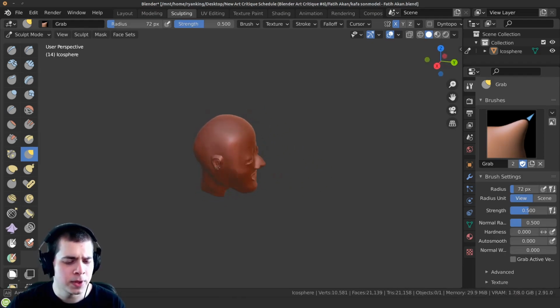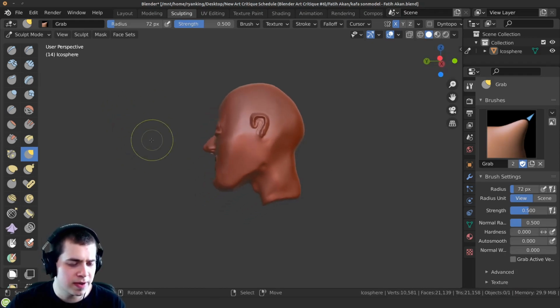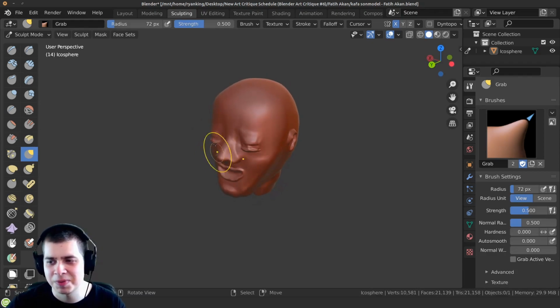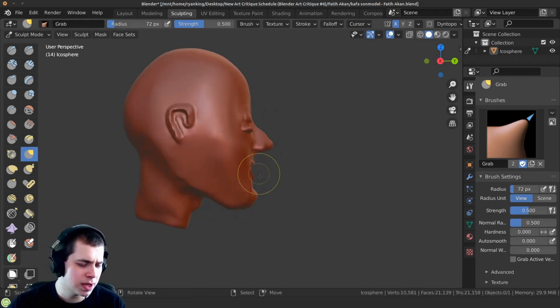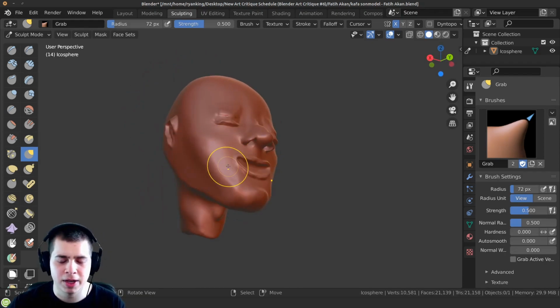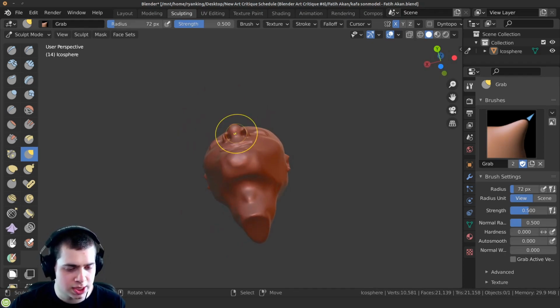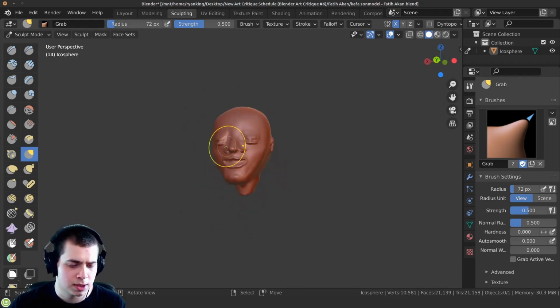That's pretty good. Now, if I look on the top view here and also look on the side, the face is somewhat flat. It's not as flat as my face was when I first started sculpting. I just had really flat faces. So it's pretty good, but it does need to be a bit more round because the face is very round and the different facial features curve around the face. So using the grab brush, I'm going to take this front part of the face and just pop it out. So I'm just tapping along here.